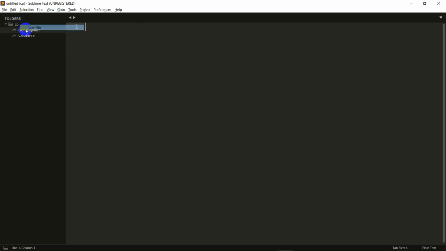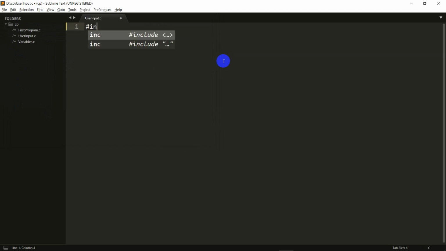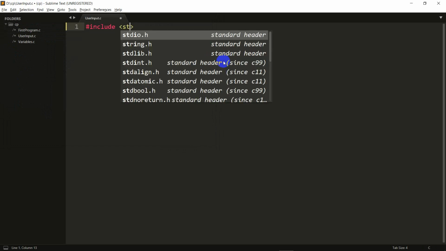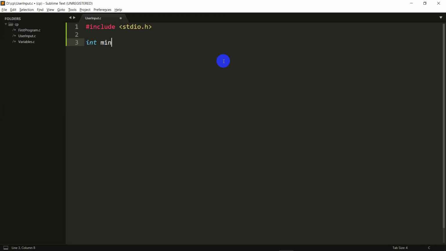So let's just go ahead and create a new file first and save it as user input.c, and I'll just once again write the basic code here. And the way to take user input is pretty simple actually. Now that you've seen printf, we are going to use a similar function called scanf. So we just need to write scanf, and then